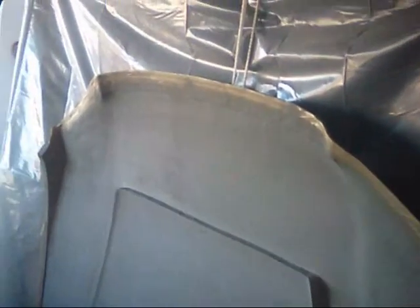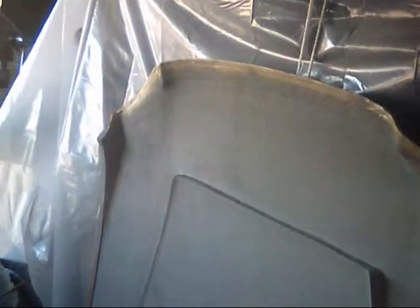Hello YouTubers, what you're looking at now is the hood mold inside portion here. I have one layer of the filler primer. As you can see, it's not a perfectly sanded surface because when I did the hood mold I didn't have